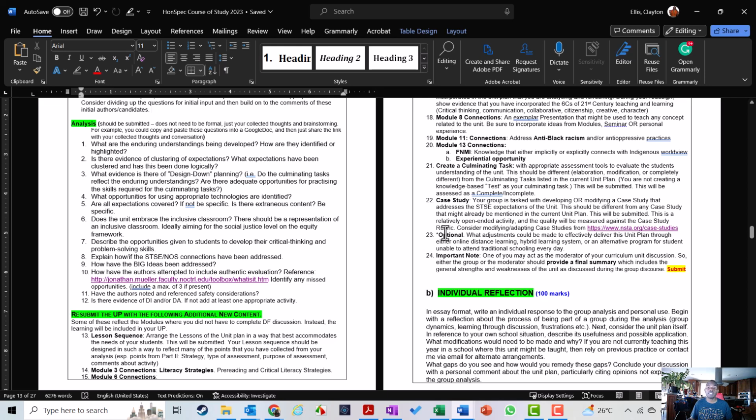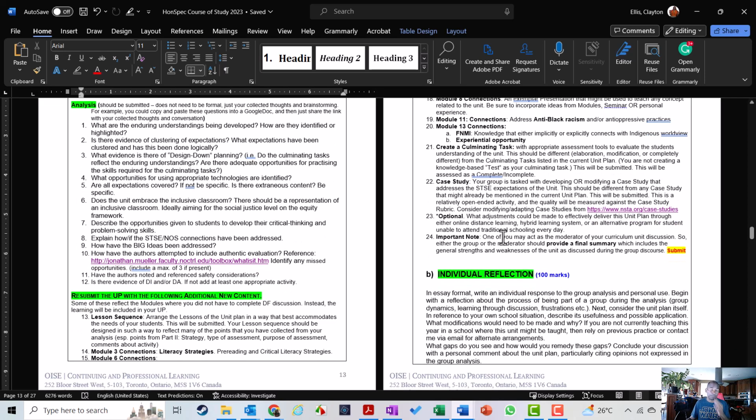I've also included some optional pieces in case you are looking at an alternative distribution of the course, in a fresh start program or a hybrid learning model or a summer school model or something like that. Those courses look a bit different, and if it suits your needs, it's completely optional. It's not going to affect what the assessment looks like. You get as much out of this course as you decide to put into it.